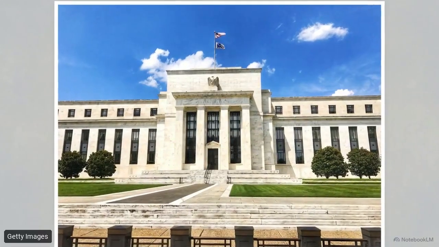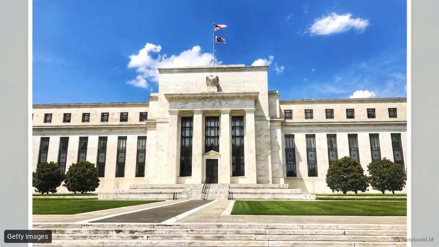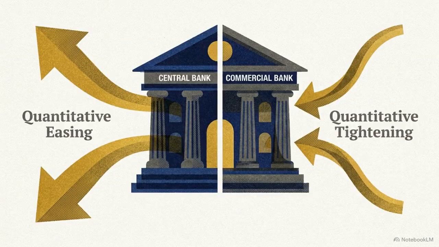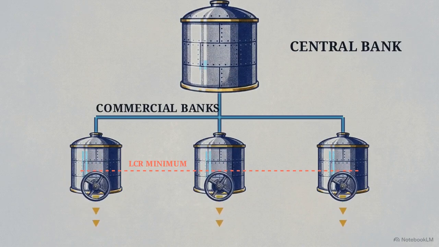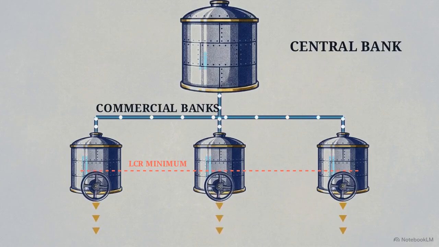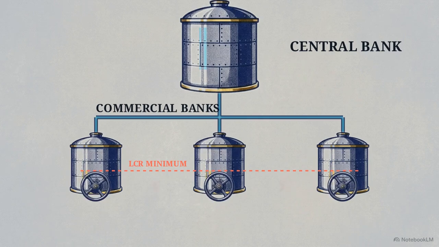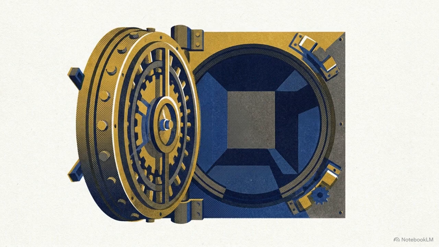The severity of this repricing depends on the central bank's liquidity posture. Moving from a decade of quantitative easing to quantitative tightening alters the market's liquidity backdrop. This diagram illustrates quantitative tightening as the active drainage of electronic reserves from the global banking system. As reserves drain away, commercial banks run up against their liquidity coverage ratio constraints. To maintain mandatory cash buffers, banks curtail lending. This tightening process strips the financial markets of their excess liquidity buffer.